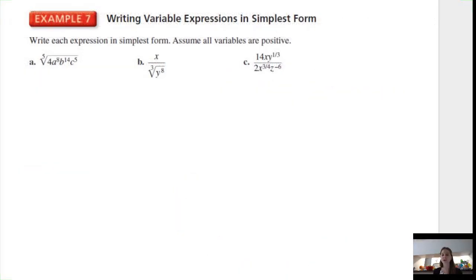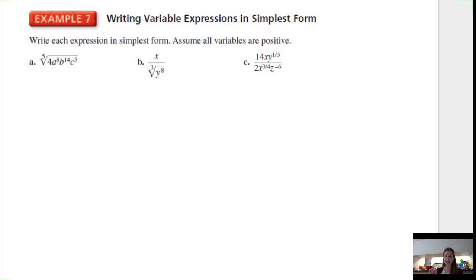Example 7, writing variable expressions in simplest form. Write each expression in simplest form. Assume all variables are positive. So with A, I'm really concerned with condition 1 from the first part, which is no radicands have perfect nth powers as factors other than 1. And my approach to this is I'm going to